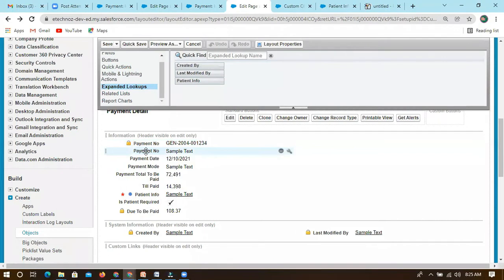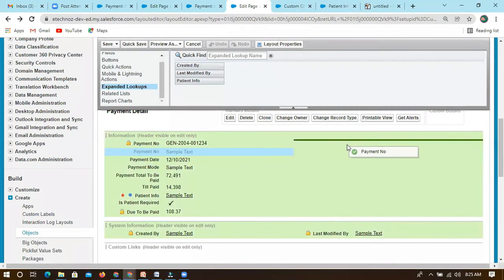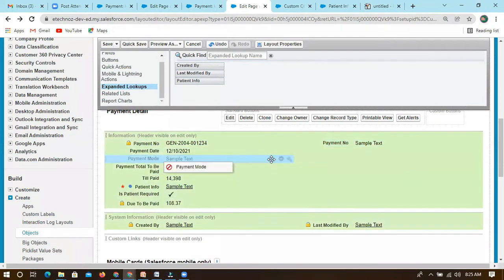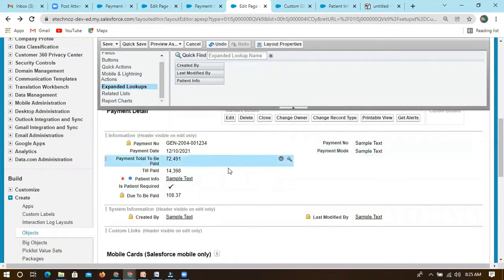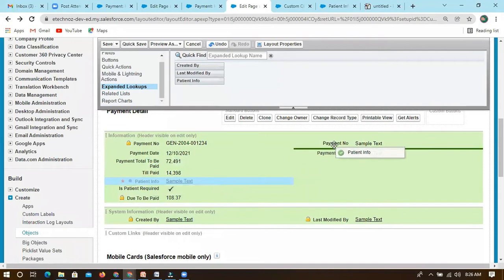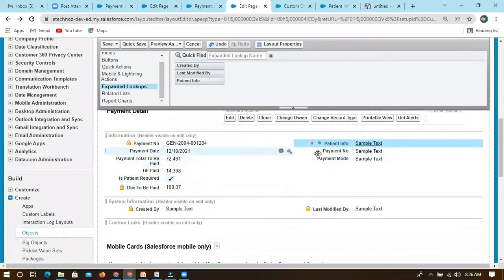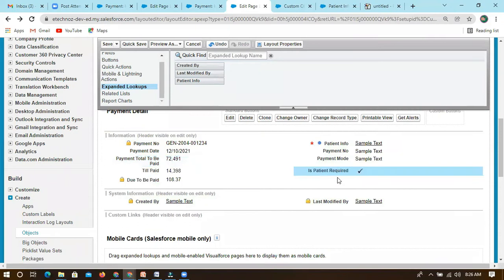Now what I'm trying to do, you simply just need to drag and drop. I told you, Salesforce has a very good feature, which is drag and drop only. So you just need to do it like this. This is fine, and the patient info I want to place at the top, because it is parent information, I just want to see it on the top. And likewise, if they give some requirement, which is simple, you just need to drag and drop.